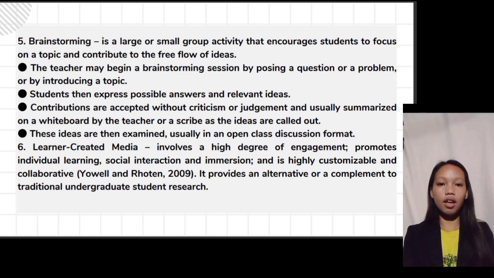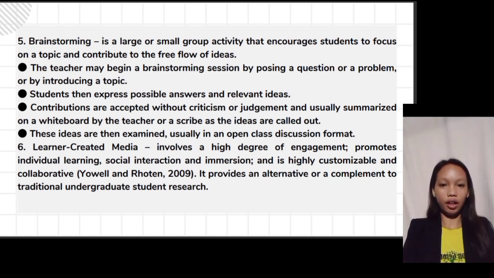So brainstorming is a valuable instructional strategy in education that promotes active learning and student engagement. One of the key benefits of brainstorming is its ability to foster creativity among students. By encouraging students to think outside the box and explore innovative solutions to problems, brainstorming helps stimulate their imagination and develop original ideas. 6. Learner-centered media involves a high degree of engagement, promotes individual learning, social interaction, and immersion, and